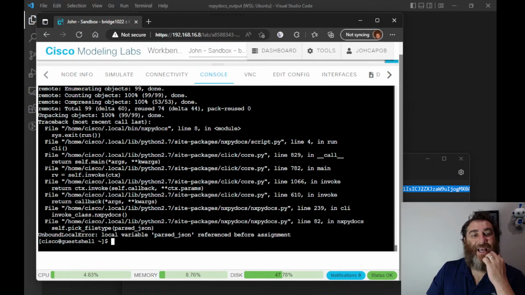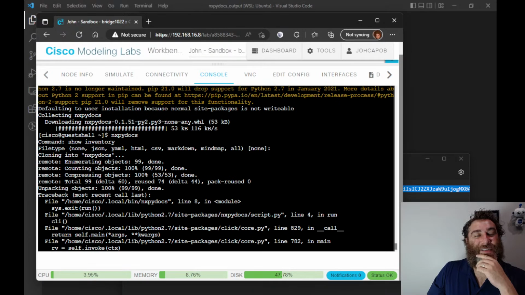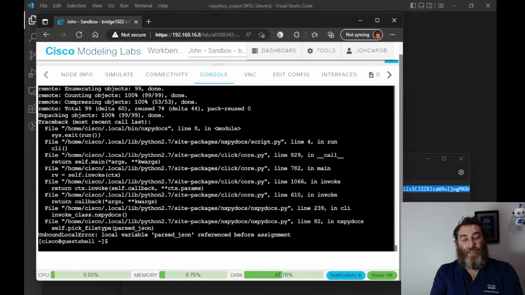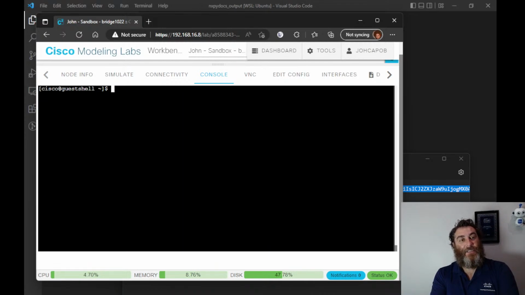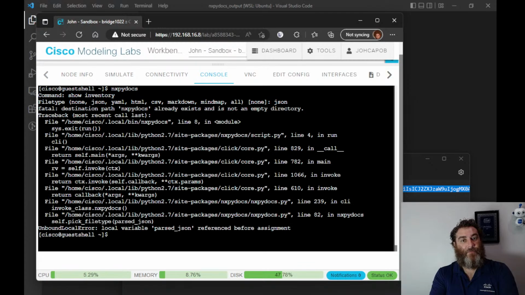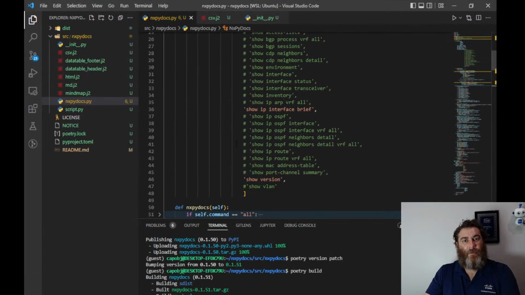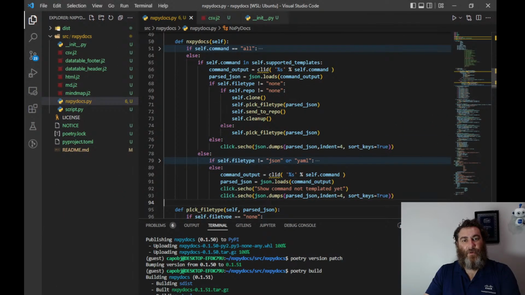Okay, so that's a use case there, if they put in a repo but they don't put a file. So I need to handle the if file type is not none. So I've hit another bug, another failed test here. Let's do that again and do show inventory to JSON. Parse JSON as reference. Pick file type. I know. Why is my picked file type